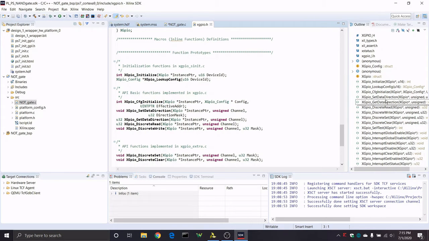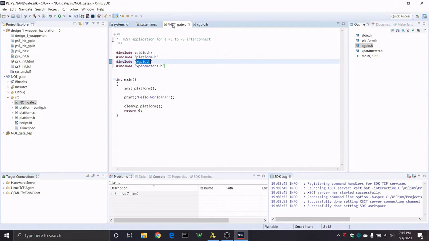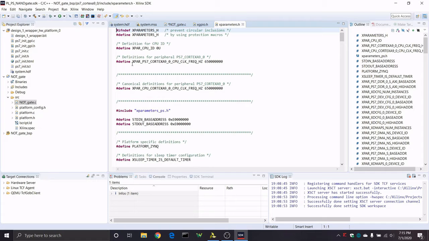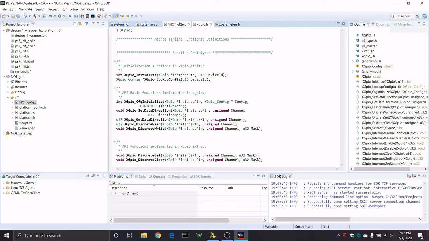You can see this stuff is similar to a microcontroller, where we're going to set the data direction register, xgpio, get data direction register, discrete write and discrete read. We're going to be using those to write values to outputs, and you can do some interrupt stuff like that. So good library. xparameters.h has some definitions, if we go down here,